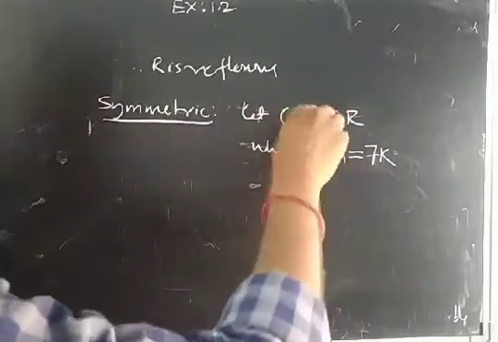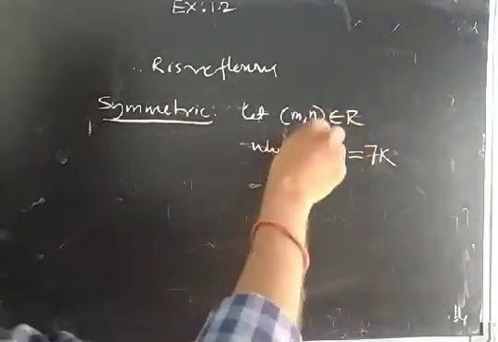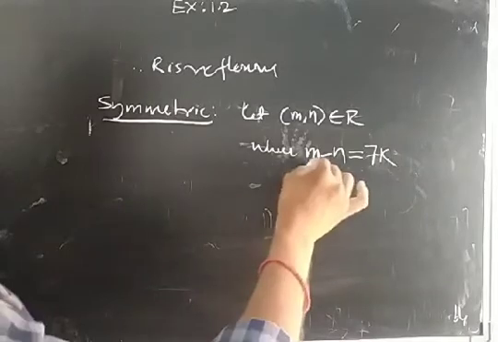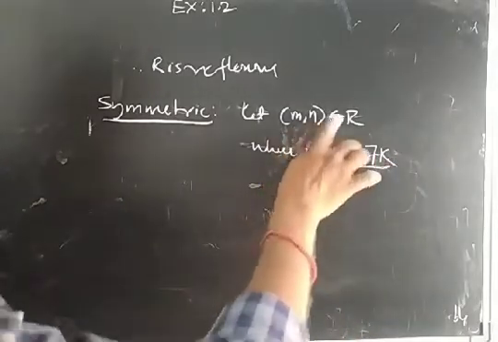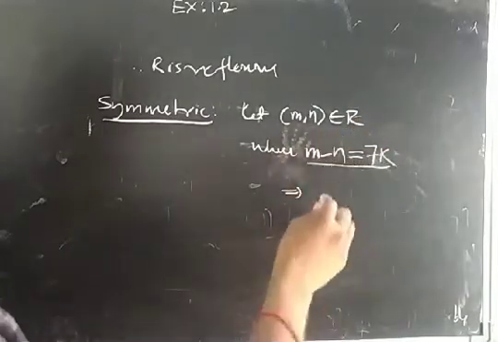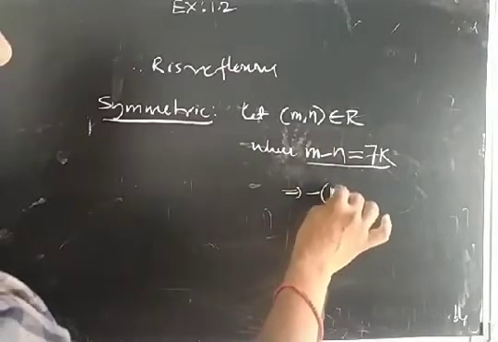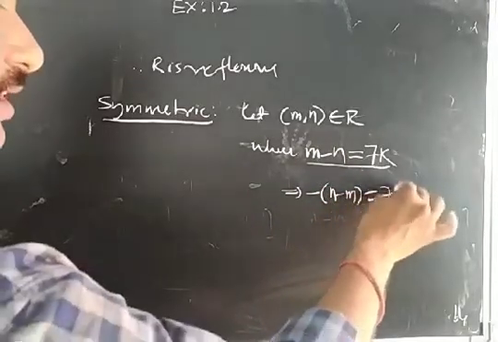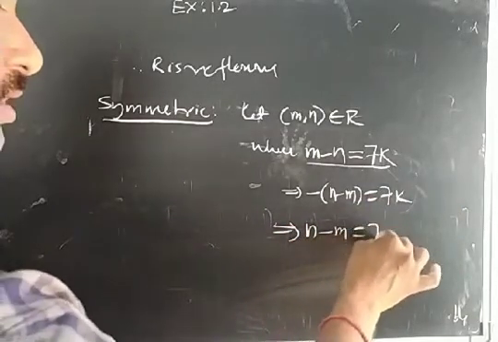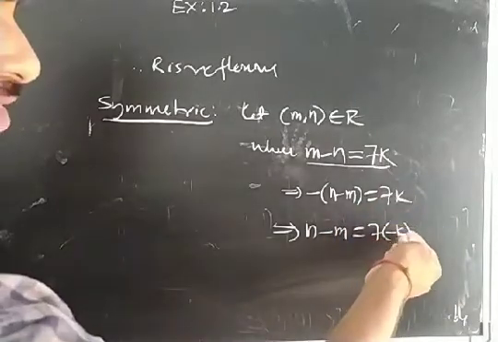That means it is divisible by 7. Now I have to interchange and write that ordered pair belongs to R. Before that, we should check whether n minus m is a multiple of 7 or not. From this, we already have this condition, because it is already an ordered pair of R, so it will satisfy this condition. Now what I need is n minus m. So I am taking minus common. n minus m is equal to 7k. I will send this minus to the right hand side: n minus m equals 7 into minus k. Multiply with minus, so I am keeping minus k in place of k.